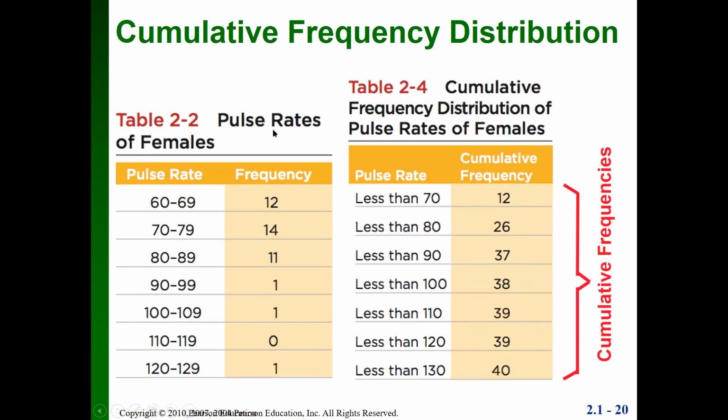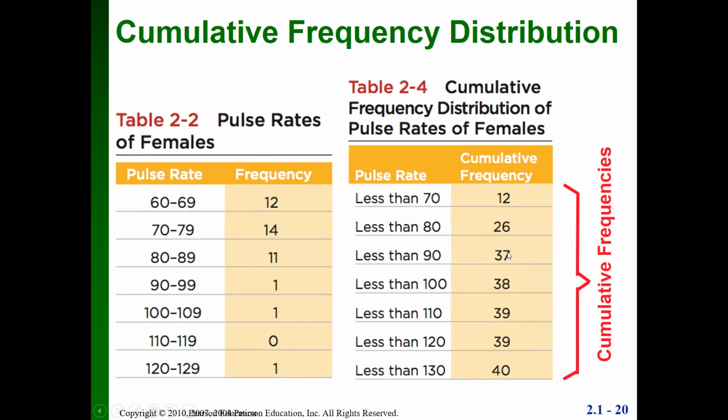So then we have cumulative frequency. What we do is we just go down the table and we add up each number. So 12 is by itself, so there's 12 at less than 70. And then less than 80, we add 12 and 14 to get 26. So what we're seeing is, again, by the time we get down to less than 90, 37 out of our